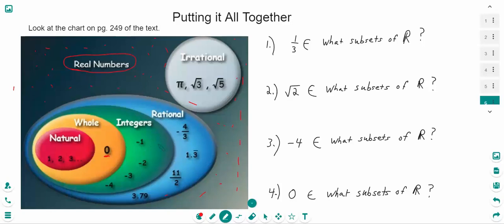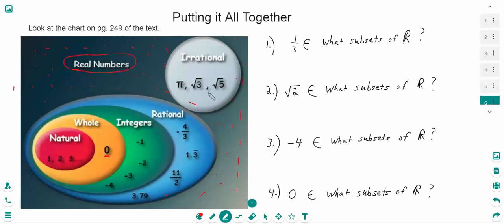So they're all the integers plus fractions. And then finally, we have the irrational. And notice that the irrational is kind of out here by itself. Okay? The irrational, it doesn't mix with the rest of these. It is